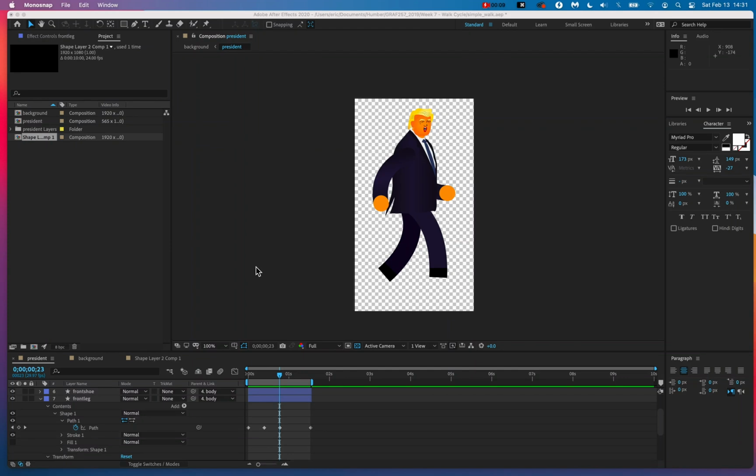So today we're going to look at how to create something called the walk cycle. And that's just the cycle of the swinging arms and the stepping legs. There's multiple ways to do this. I'm actually going to create tutorials for two ways. The way that we're going to demonstrate in this video is creating paths and shape layers in After Effects and